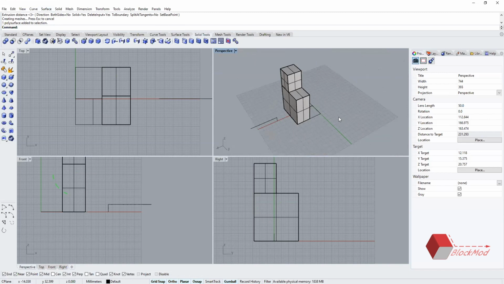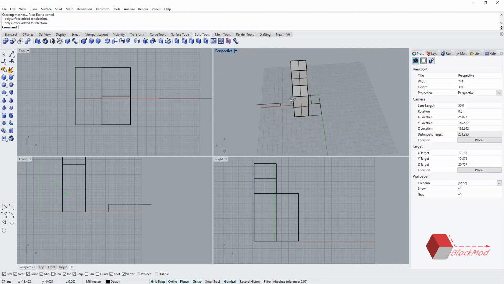So block modeling, like zoning modeling, is something that can really help you for quick modeling, and to just visualize how the parts are, or how this entire thing would look.